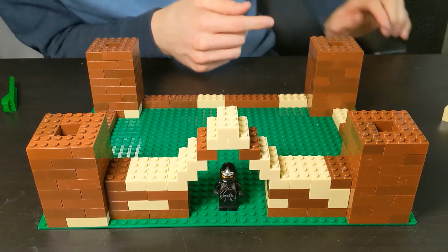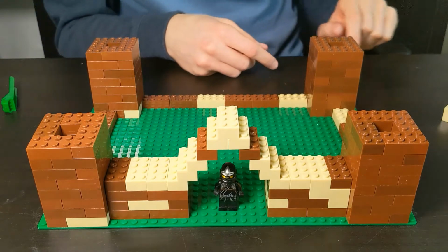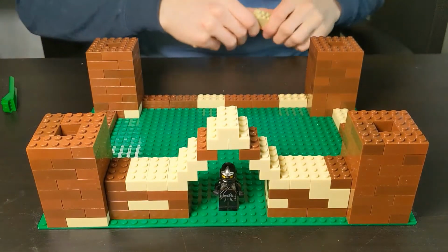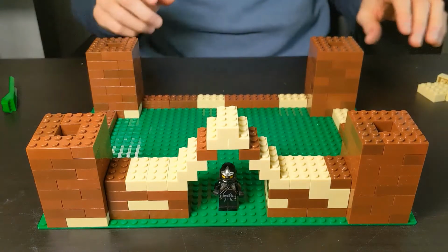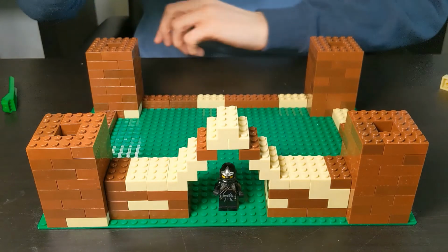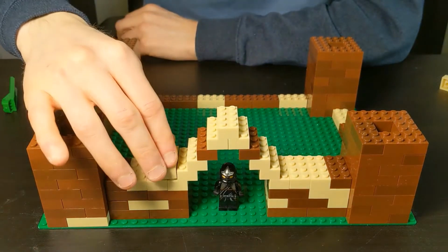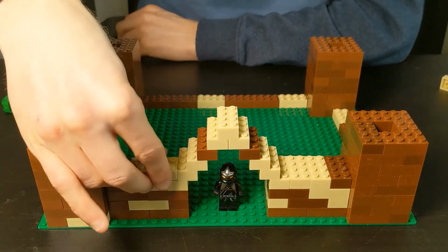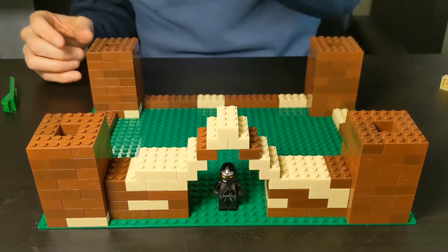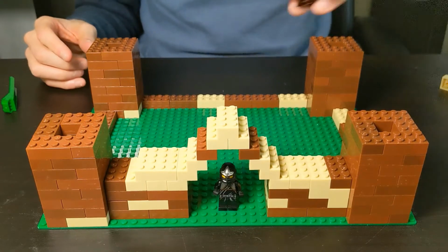I do really much prefer this way of doing it, but the other way does look good as well too. So I'm going to stick with that way for this one. Right, so I'm going to finish building up the walls now. Now because of the way I've done this, I'm going to have to do something a little bit funny with the walls. So I'm going to go across, bridge them, make sure they're strong,